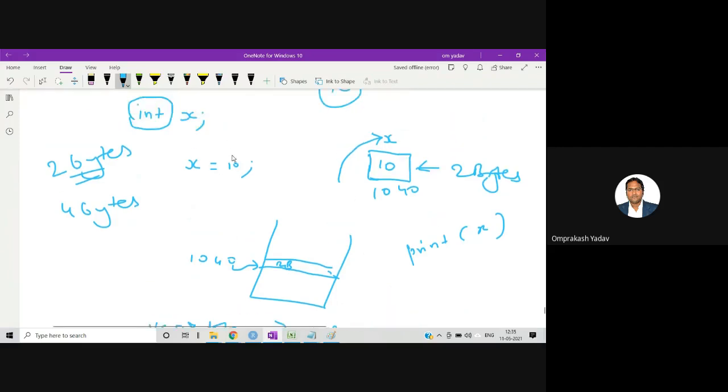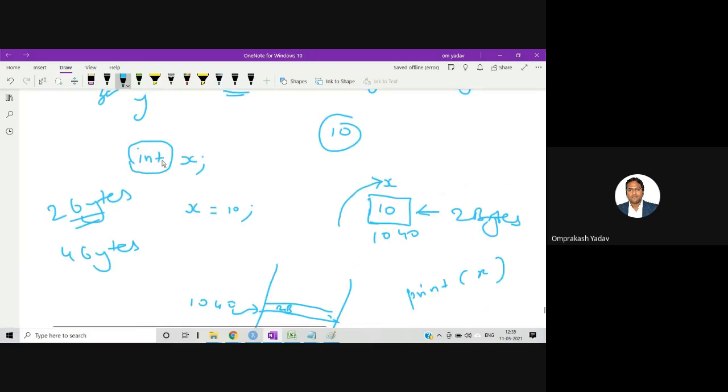You can give this example. For example, we can declare the variable like this: int x, then let's say we are storing a value, x is equal to 10. So you can write: int x is equal to 10.